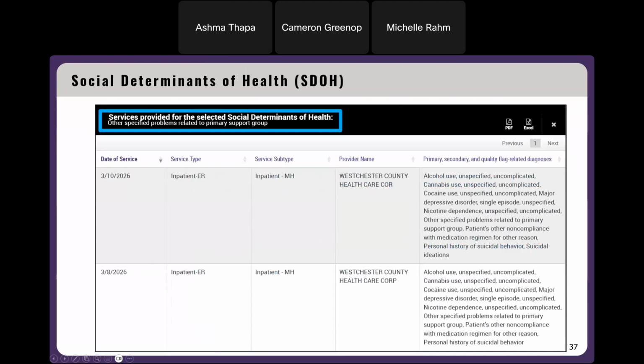In this example, we have selected other specified problems related to primary support group. When I selected that blue hyperlink, it pulled up this detail chart where you can see the date of service, the service type, the service subtype, provider name, and then the primary, secondary, and quality flag related diagnoses. So you can see all of this detailed information when you drill into a specific SDOH.